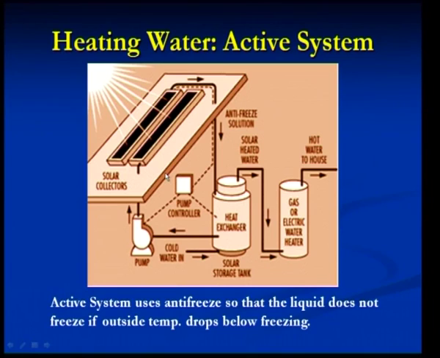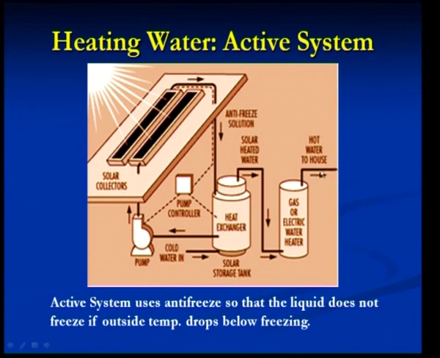So this is an active system for heating the water. This particular picture again demonstrates how the solar collectors receive the energy from the sun, and the heated fluid gets circulated through the tubes, comes to the heat exchanger, which is otherwise called a solar storage tank, and here in the heat exchanger the heat gets exchanged to another medium of fluid which is going to flow through it. Basically that water which has come from outside is heated up, and the solar heated water is taken away to the gas or the electric water heater,